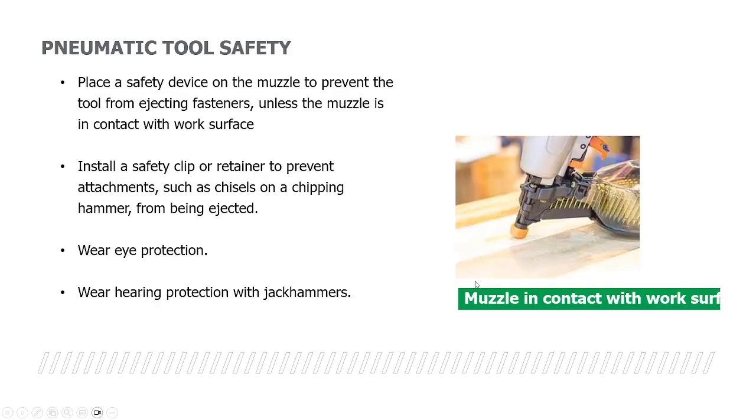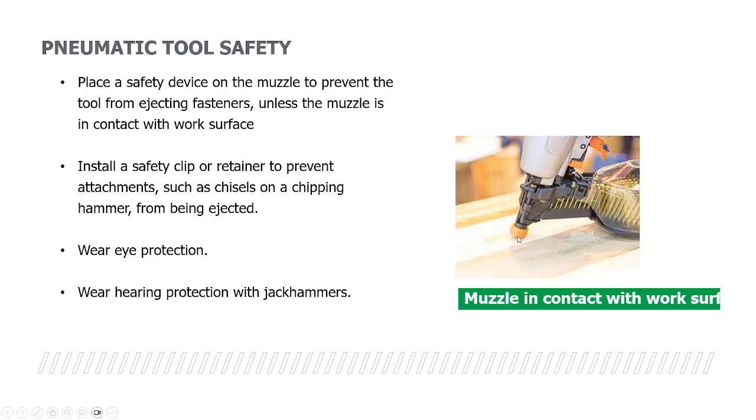Pneumatic tool safety. Place a safety device on the muzzle to prevent the tool from ejecting fasteners unless the muzzle is in contact with the surface. A good example of that they're showing there is a pneumatic nailer. The little yellow part that you see right here, that's actually considered the muzzle. It does come in contact with the work, and then once you push down on the nailer itself, it does engage. Once again, you can actually push the lever on the nailer, and it will shoot a nail